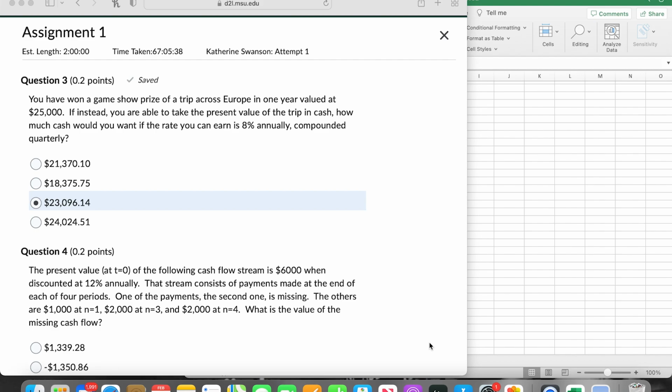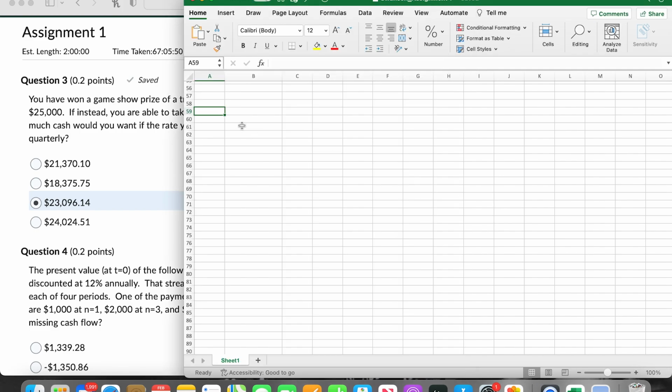Prize of a trip across Europe in 1 year valued at $25,000. If instead you are able to take the present value of the trip in cash, how much cash would you want if the rate you can earn is 8% annually compounded quarterly? So we're looking at what is that initial value. So the final value is negative $25,000